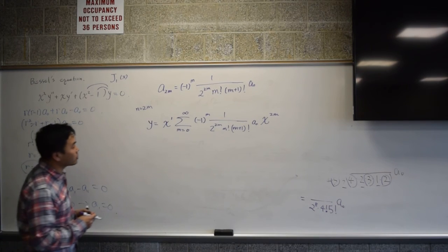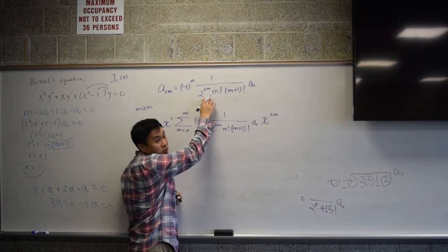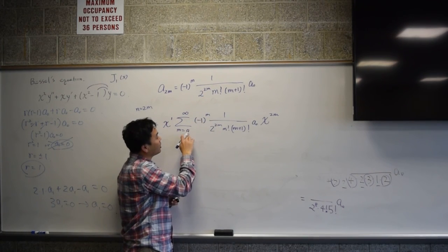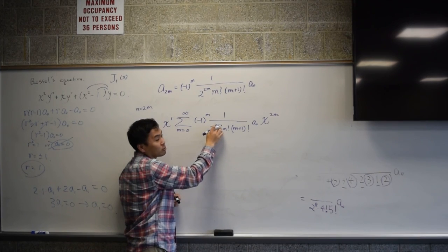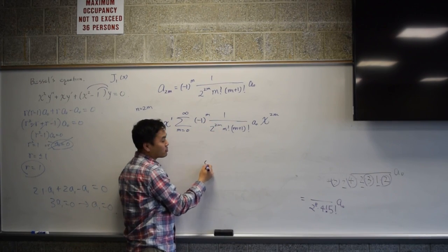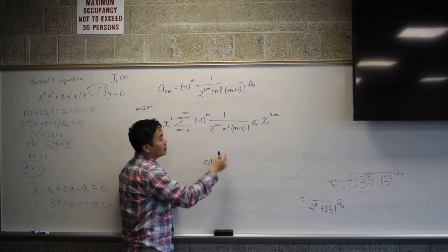You might wonder what would happen if m is 0, because this is true for m equals 1 and after. But that's still okay, because -1 to the 0th power is 1, 2 to the 0th power is 1. Do you know what 0 factorial is? That's by definition 1, okay? And 1